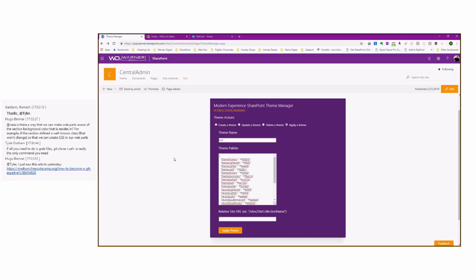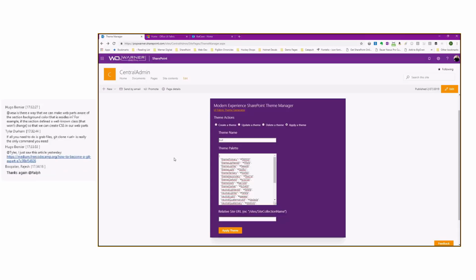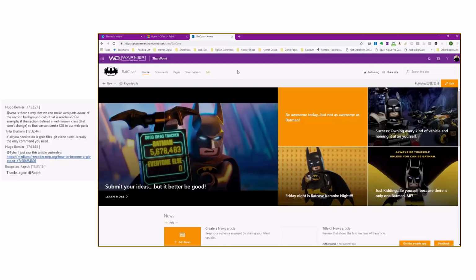Imagine the ability to apply a theme based on something fun, whether it be a holiday, the first day of spring, winter or summer, or some internal event where you want to apply a color scheme that encourages understanding or awareness of that event. But you don't want to pollute the Change the Look panel, and then everybody has availability to that, starts applying it, and then you have to take it away and all of that. So for our demo content, I've created the Batcave site.